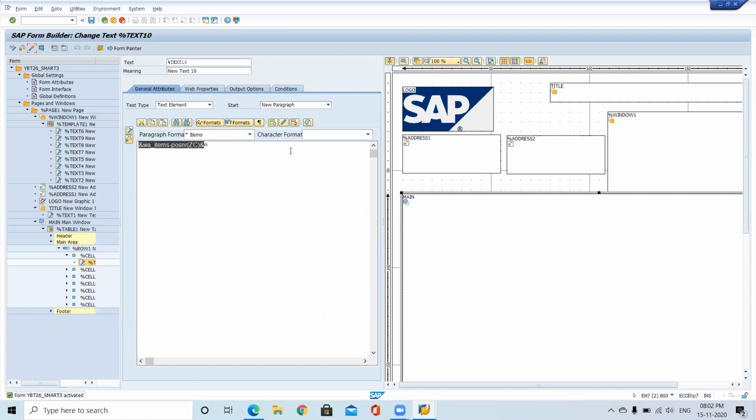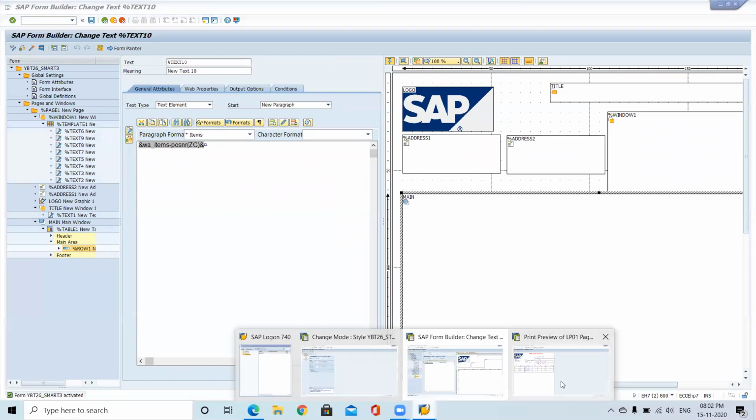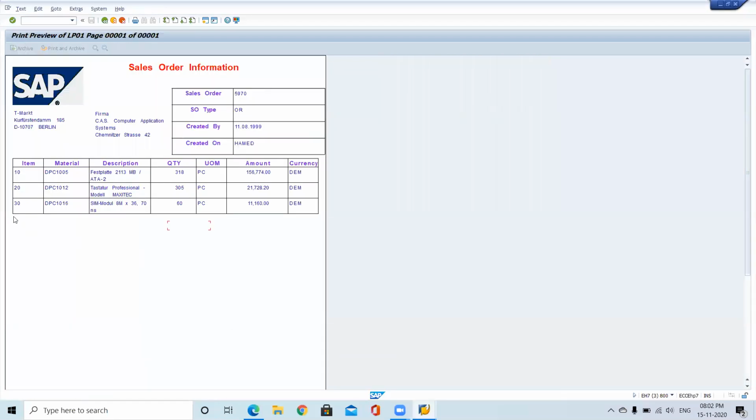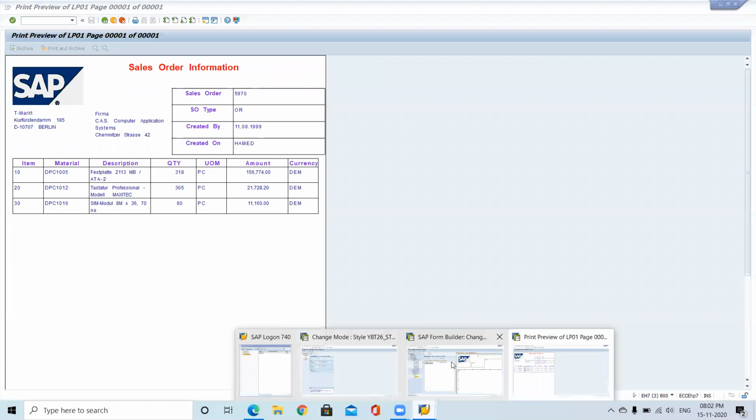Okay. Now one more point. So now we are printing the information in the footer at the bottom of the layout. So now this is our output at the bottom of the layout. 10, 20, 30, three items are there at the bottom. I just want to add something here, like approved by or something like that. If you want to add something in the footer, then you can write here in the footer node.